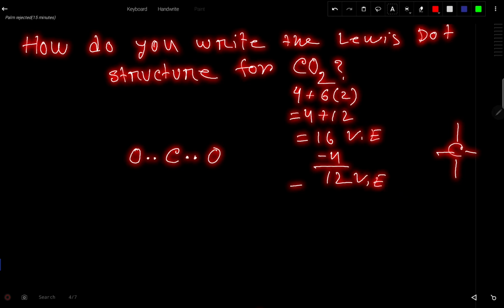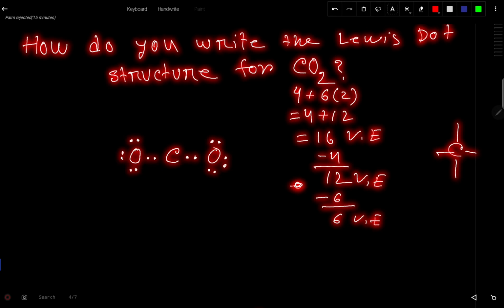so 12 valence electrons left. And now these 12 valence electrons will be used to satisfy the octet for the outer atoms first. So let us satisfy the octet for this oxygen. This oxygen has 2, because this electron is shared by both atoms, right? This oxygen has 2, so it will take maximum 6 to satisfy its octet. So if you deduct 6, then you have 6 valence electrons left. So these 6 valence electrons will come here,